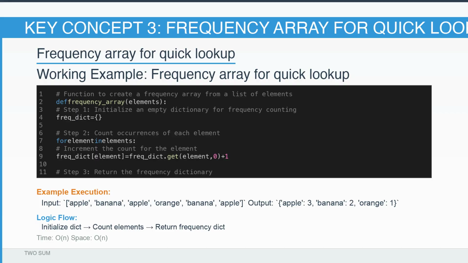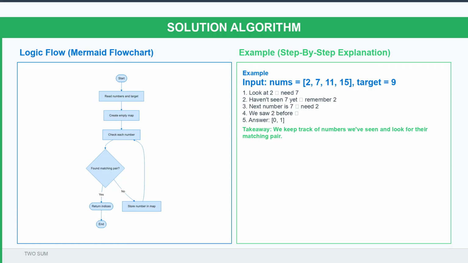For example, when we input the list of fruits, 3 apples, 2 bananas, and 1 orange, the output will show how many of each fruit we have. This method allows us to quickly look up how many times an item appears in the list, making our search efficient and straightforward. The two-sum problem requires us to find 2 numbers in an array that add up to a